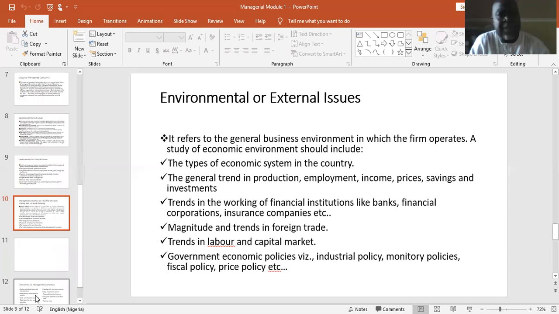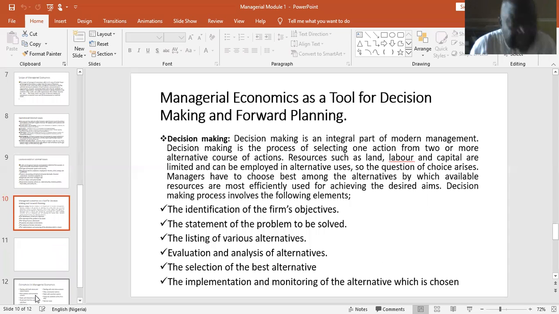Now, one other thing is that managerial economics is a tool for decision making and forward planning. What is important for you to take away here is that without planning, there could hardly be a brighter future. So a farm that wants to exist and remain profitable, that wants to achieve its main goal, must integrate forward planning into the decision-making process. So that's why managerial economics is also very important, because it's a tool for decision making. It will show you how to do demand forecasting, sales forecasting, and things like that. It gives you data-based techniques that enable the farm to think ahead and plan.